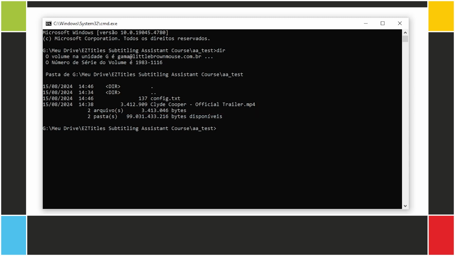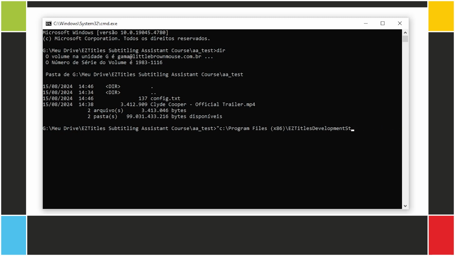We're good. First, we type the path to the EasyTitle6.exe file. If you didn't add it to the Windows path, you'll need to type the full path like this. Remember that you can use Tab to autocomplete.